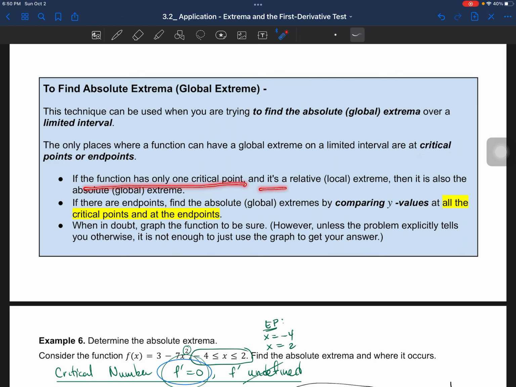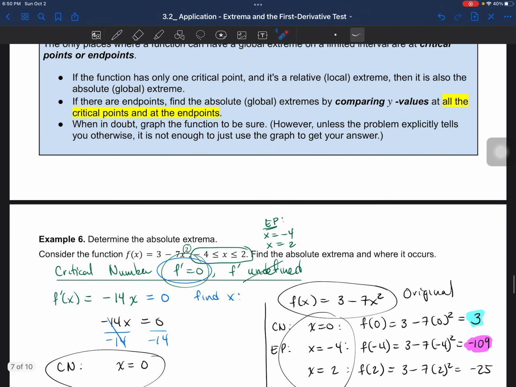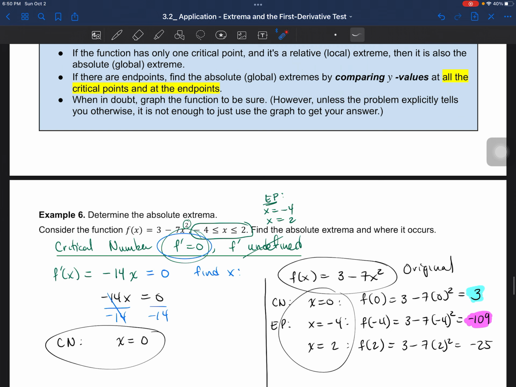If the function has only one critical point, and it's a relative local extrema, then it's also an absolute extrema. We don't actually have to know that, but we can just see it from the testing. If there are endpoints, find the absolute extrema by comparing the y values of all the critical points and the endpoints. When in doubt, graph the function to be sure. However, unless the problem explicitly tells you otherwise, it's not enough to use that